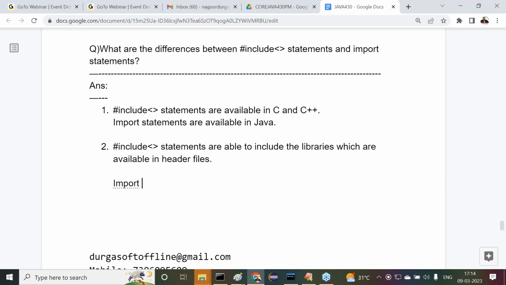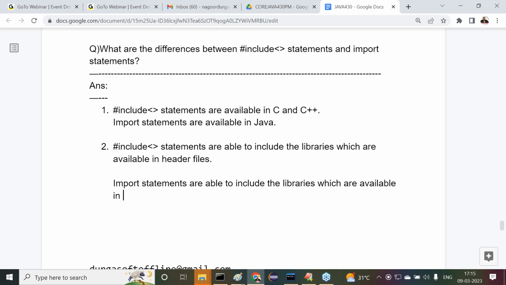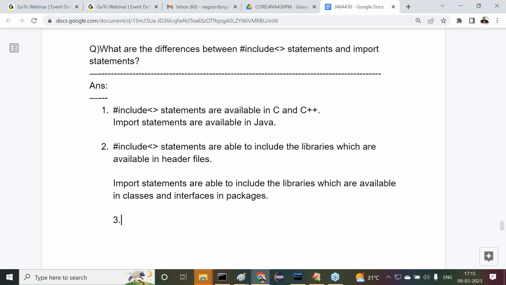Similarly, import statements are able to include the libraries which are available in their classes and interfaces in packages. Clear or not? Classes and interfaces which are in their packages. Clear. This is point number two. All right, sir. All of you understand clearly. Next one is